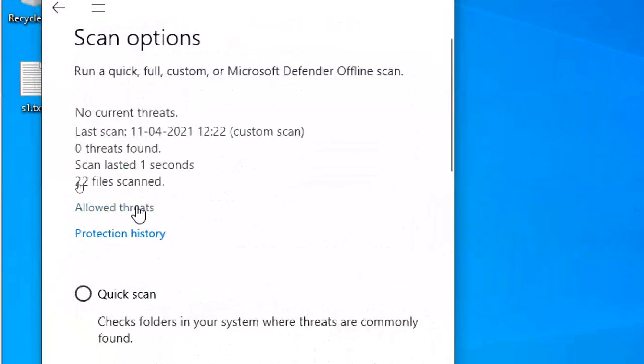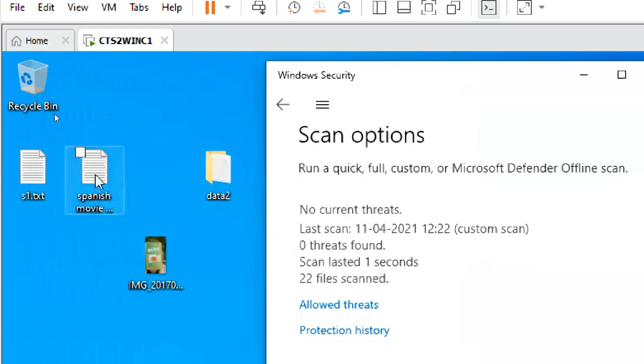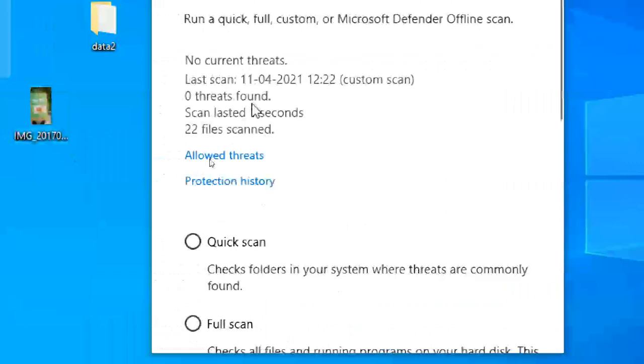Now, what are threats? For example, you have data in a certain folder that contains some malware, like key generators and all. Obviously you download some application, and your operating system thinks there is a threat inside. Automatically it will try to delete it, because real-time scanning means whenever you open any file or anything, your antivirus or Windows Defender will scan it. Every process will be scanned by your Defender.